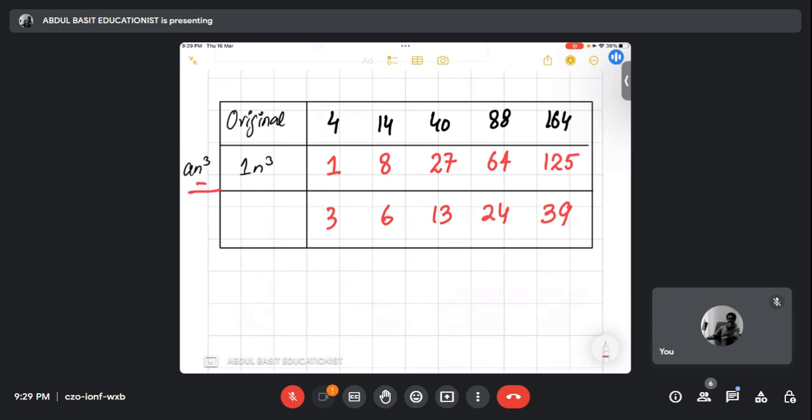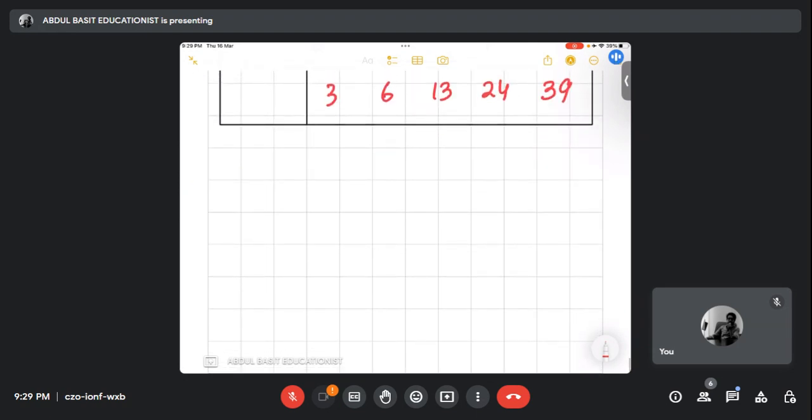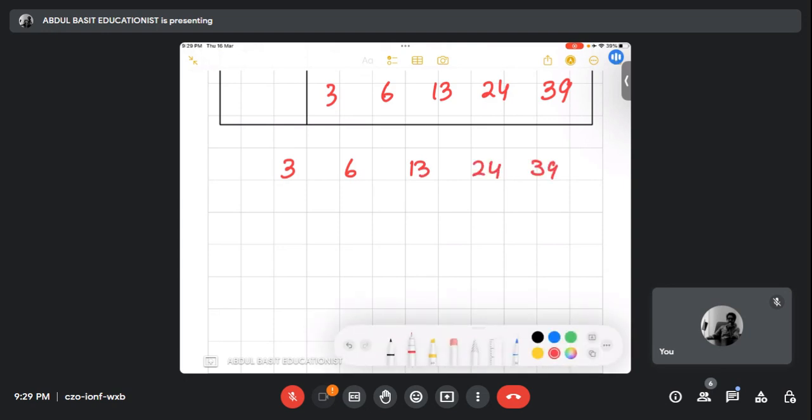का फॉर्मूला बना के हम लोग 1 एन क्यूब के साथ लिख देंगे। इज दिस क्लियर रमशा? यहाँ तक क्लियर है? Yes sir, ओके, सो नाउ इट्स टाइम टू फाइंड आउट द फॉर्मूला ऑफ दिस सीक्वेंस। अब ये सीक्वेंस लिख देंगे तो मतलब हमारा एक नया क्वेश्चन यहाँ से स्टार्ट हो चुका है, ठीक है? अब उस क्वेश्चन को भी फिलहाल के लिए भूल जाएं। 3 6 13 24 39।